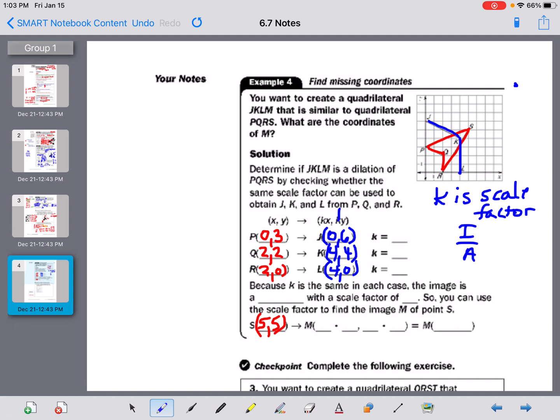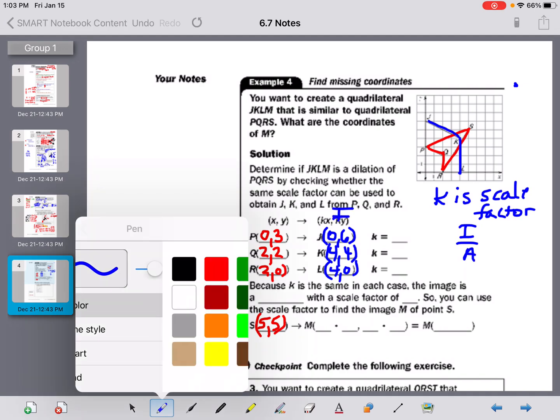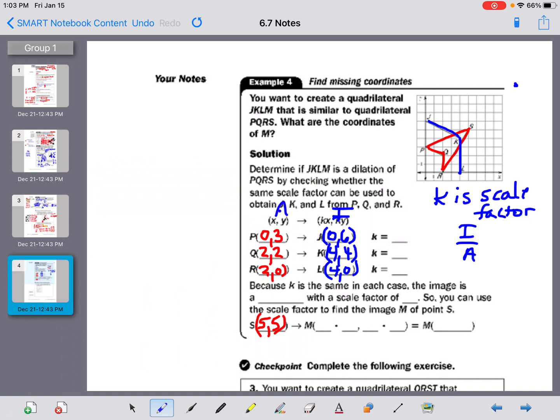So don't forget, the blue is my image, okay? And my red here is my actual, okay? So what I need to do is take a number from my image with the same number that goes with it on the actual, as long as my origin is my center of dilation, which it is right now, but I'm just kind of throwing that out there, okay? So on